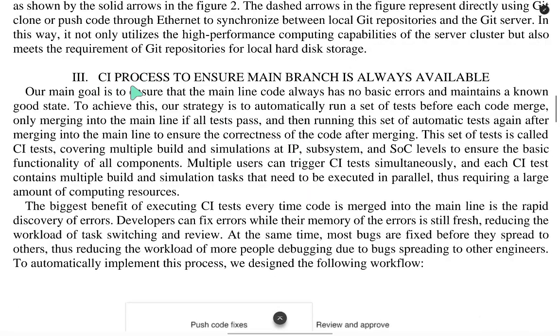Chapter 3 is the CI process to ensure the main branch is always available. Our main goal is to ensure that the mainline code always has no basic errors and maintains a known good state. To achieve this, our